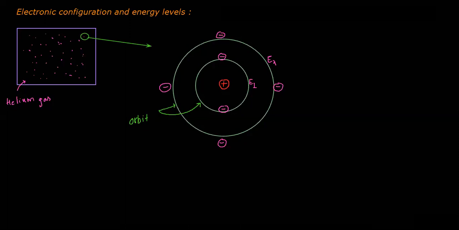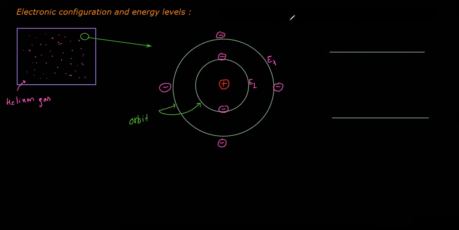Okay, so your E2 is the excited state. So now in your upcoming theories, we are not going to represent this electronic configuration and energy levels in this form. Instead, we will represent it like this. So you have to remember this. So let me draw that. We will represent these two orbits like this,